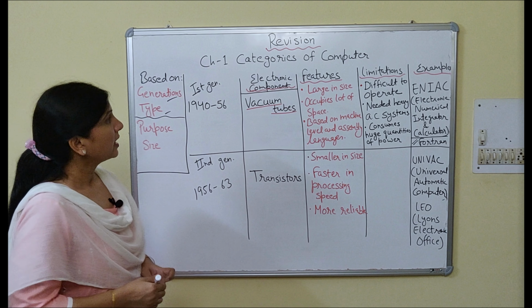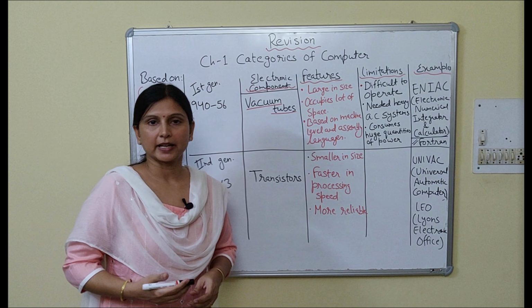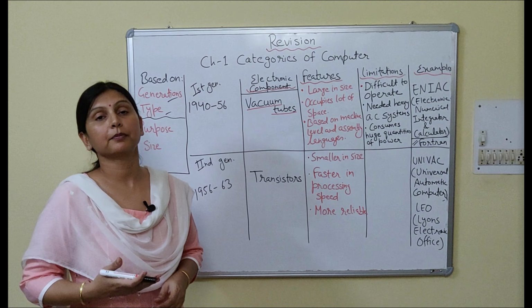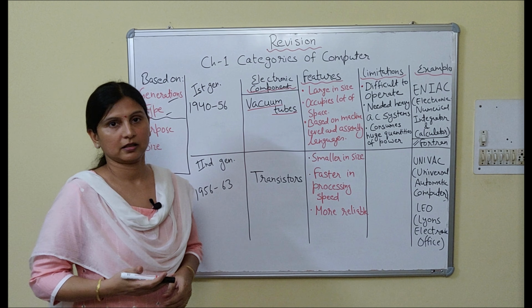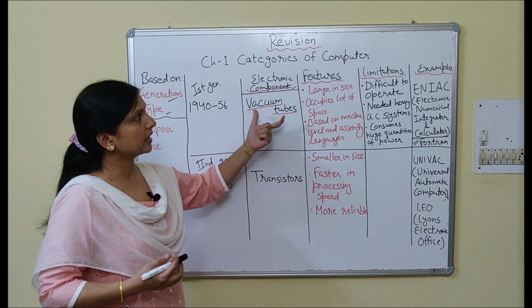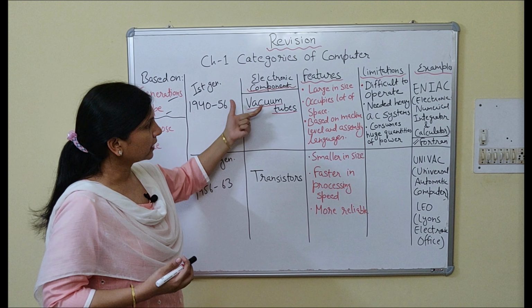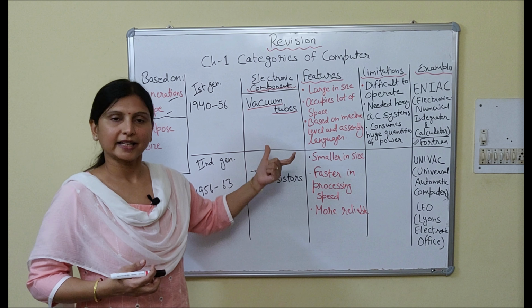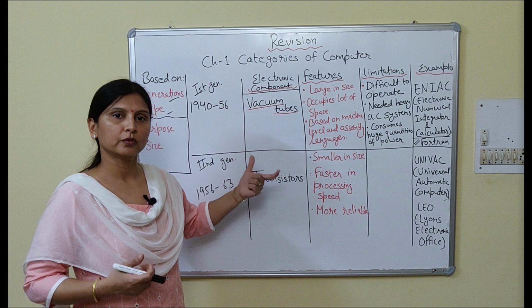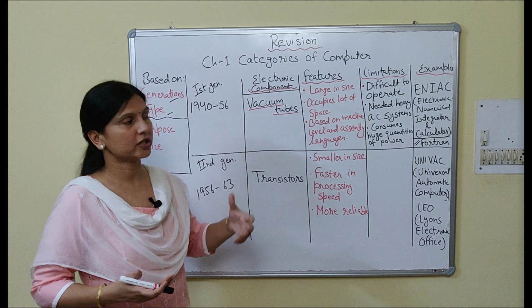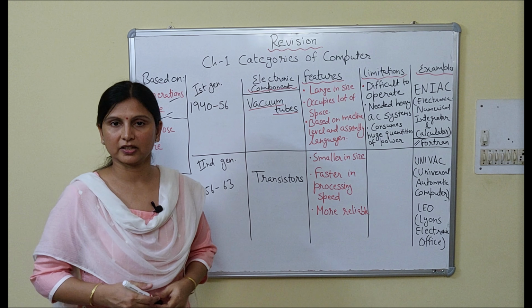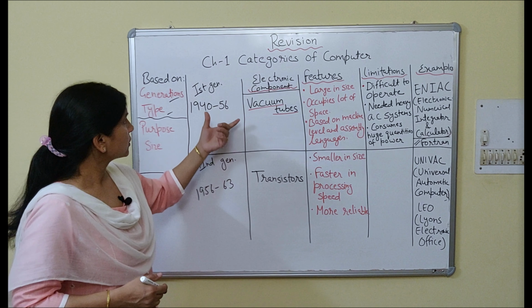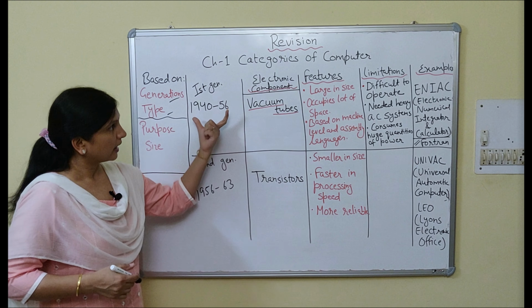Now, as we see with the passage of time, we can see the development of technologies. And this development of technologies we have divided into 5 generations. And in every generation, we will see more advanced technology than the previous generation. Fine. So, I have made a table so that you can easily memorize.